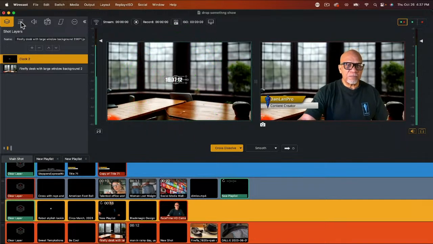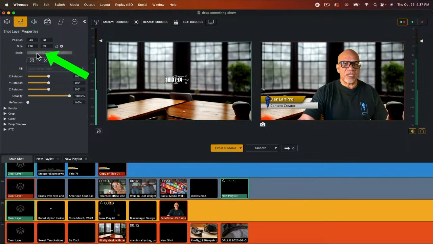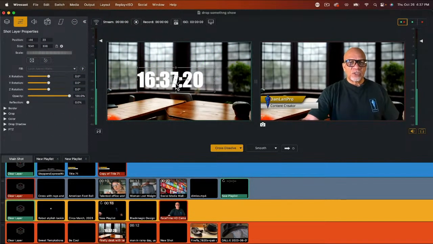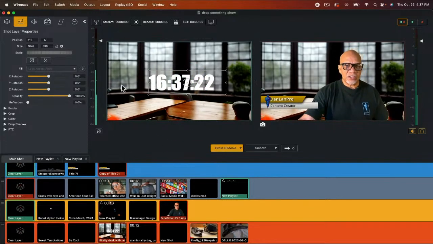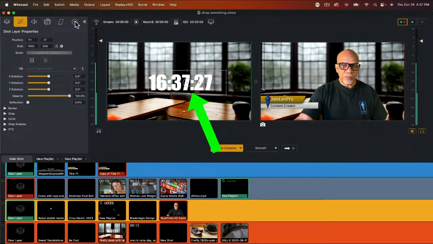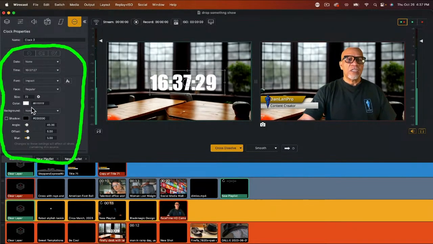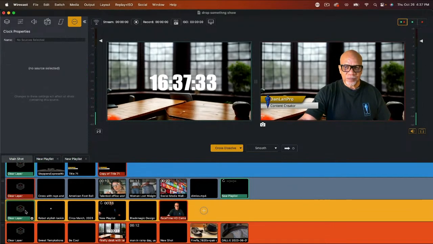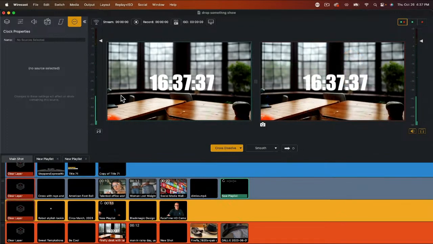If I want to make it bigger, I would go right here to my little scale tool, and I would bring that clock up. I'm bringing it up so we can see as I change this clock to what it is that we want. As you see, the clock is already operating because it's going by the default parameters in this area here. So if we look at this area here, we'll see that we already have some things set in this particular